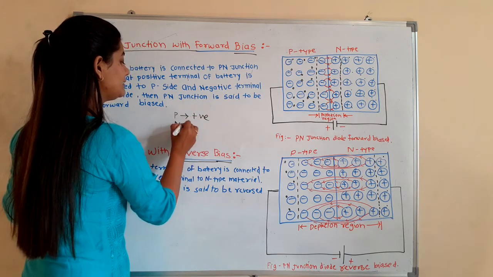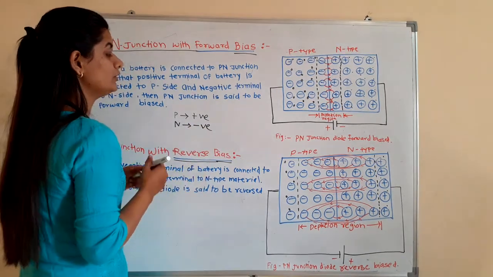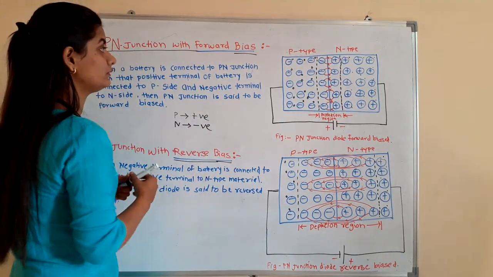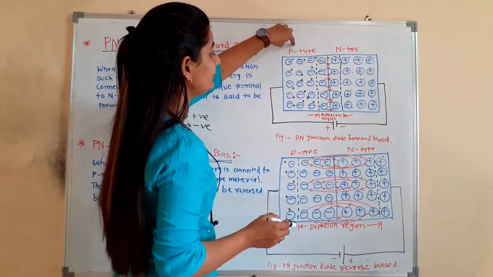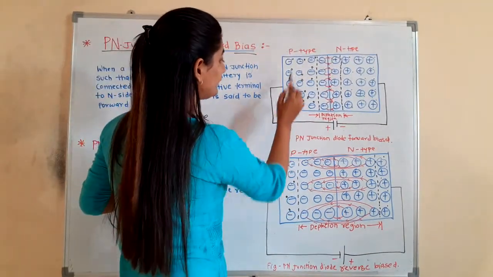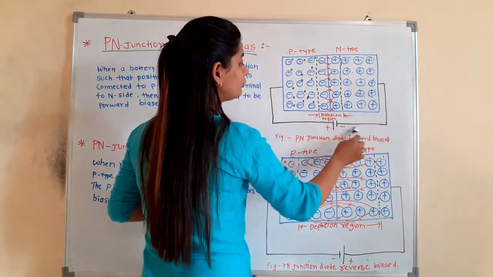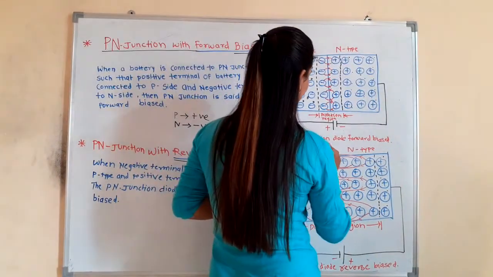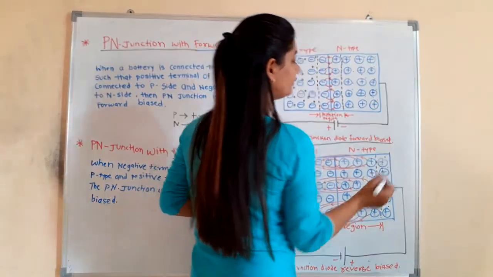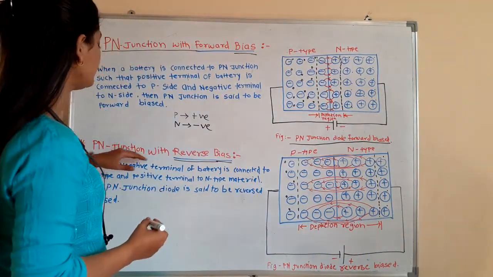and N is directly connected to the negative terminal of battery. So you can easily remember that P is connected to the positive terminal of battery and N is connected to the negative terminal of battery, that is the PN junction diode with forward bias, okay. Let's see what is the PN junction with the